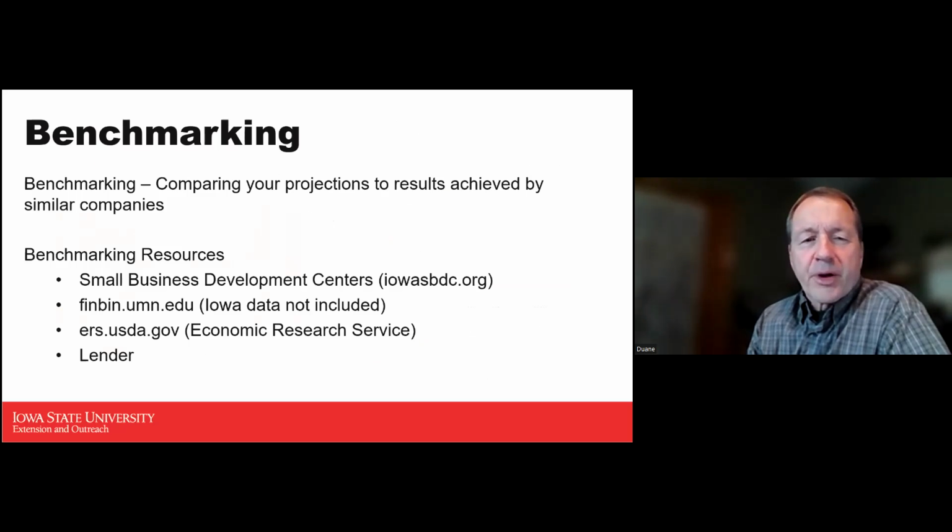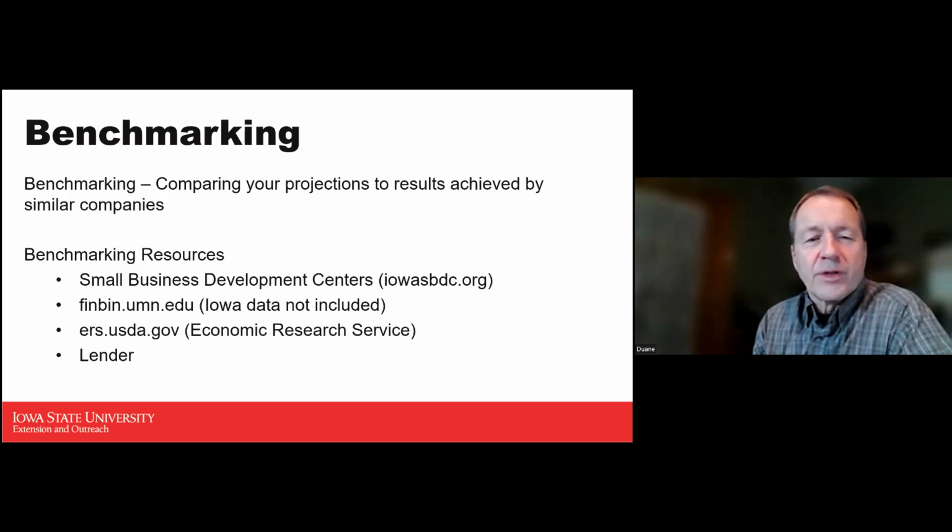Benchmarking is comparing your projections to results achieved by similar companies. So if we're putting together projections for our new business, rather than just pulling the numbers out of thin air, it would help if we had something to base those on. So if we could look at how other businesses are doing in this line of work, that would help us develop our projections. And some resources for that,